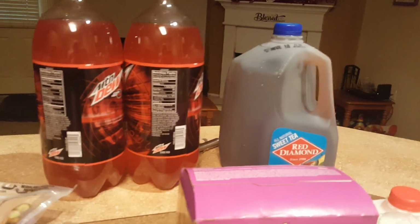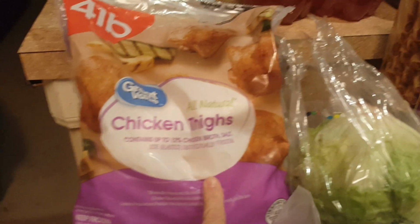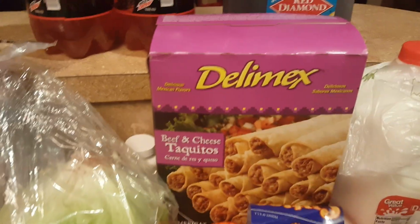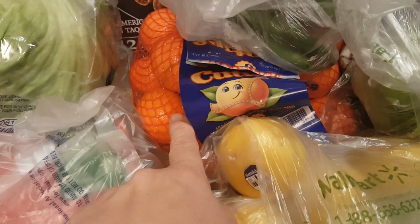2 liters of Mountain Dew Code Red. Gallon of sweet tea, some bone-in frozen chicken thighs, a head of iceberg lettuce. I usually get green leaf, but I wanted iceberg this time. A box of beef and cheese taquitos, a gallon of milk, some serrano peppers, 2 things of green onions, cucumbers, celery, sorry, I'm not even showing you, 2 bell peppers, some lemons, cuties, bananas,